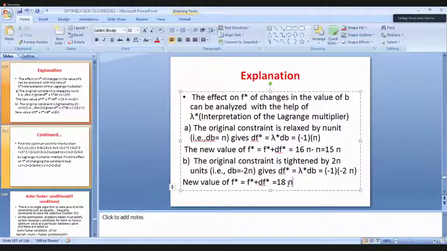I guess everyone understood the procedure. You can do n number of problems. This is the procedure that you need to follow if they ask you. So I'll just repeat it for 2 minutes because that would be good for you to solve a number of problems. First thing, you frame the functional. If they give the objective function directly, take that objective function.